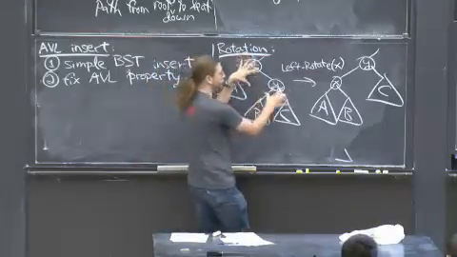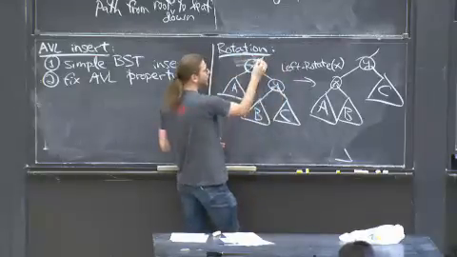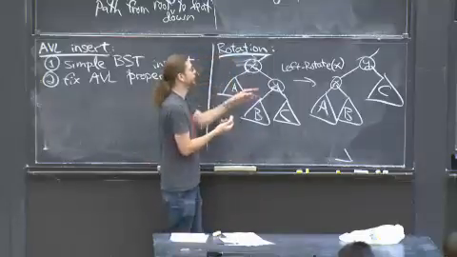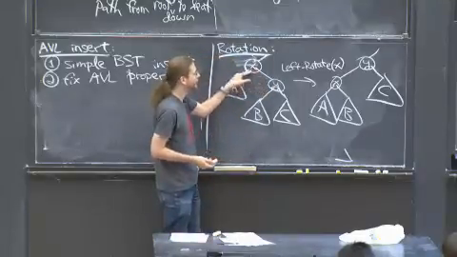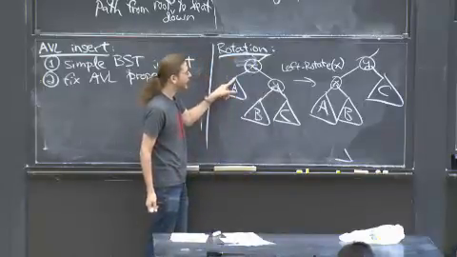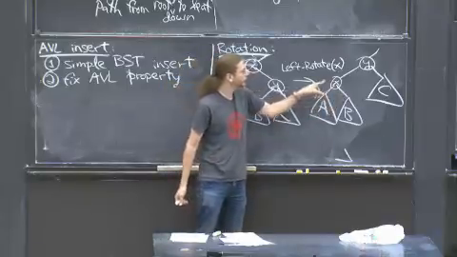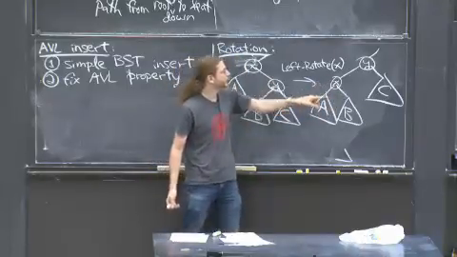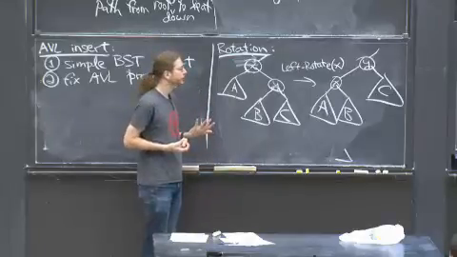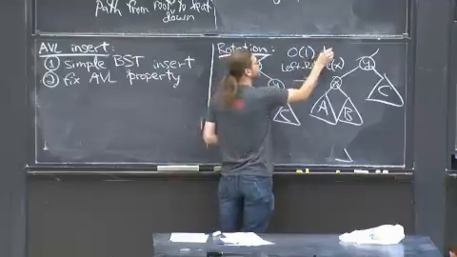If I just do this, which is changing which is higher, X or Y, and whatever the parent of X was becomes the parent of Y, and vice versa. In fact, the parent of Y was X, and now the parent of X is Y. The parent of A is still X. The parent of B changes. It used to be Y, now it's X. The parent of C was Y, and still Y. So in a constant number of pointer changes, I can go from this to this. This is constant time.